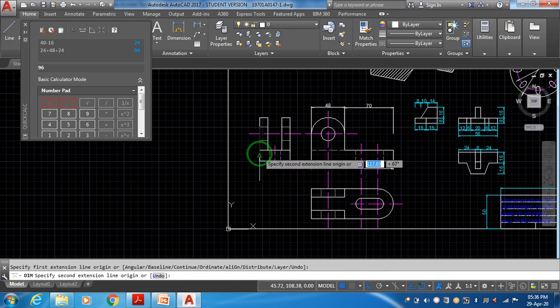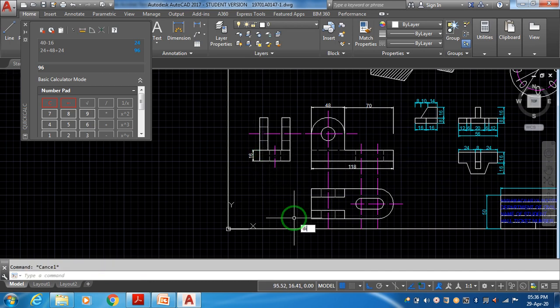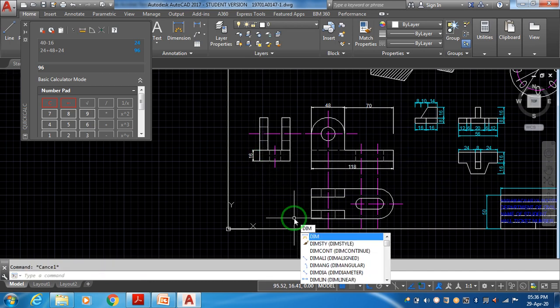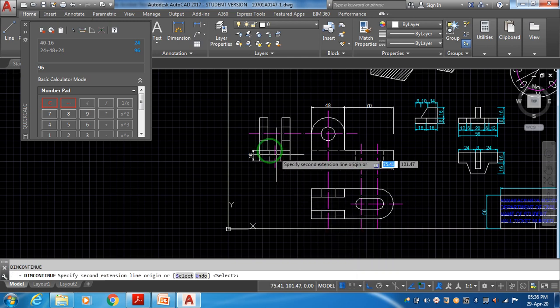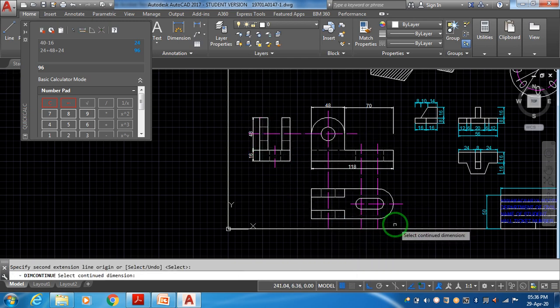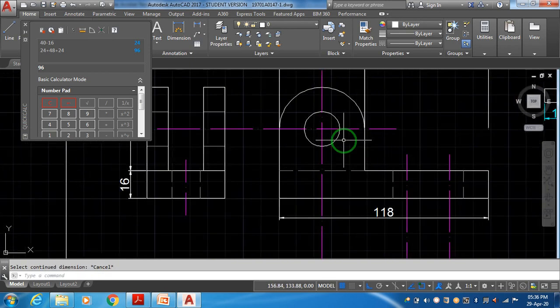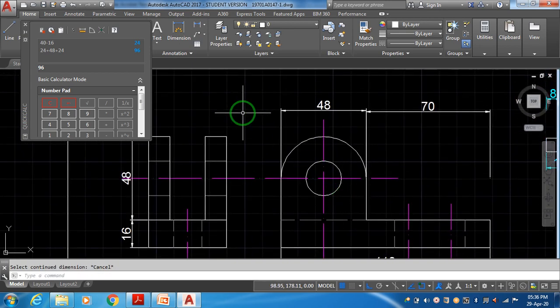This side I'm showing the heights. See, dimension continue, remember DIMCONTINUE, from this particular thing to this one. See, all this depends upon your application. Now for a circle, if I have to show the diameter, from the pull down menu also you can do dimension.